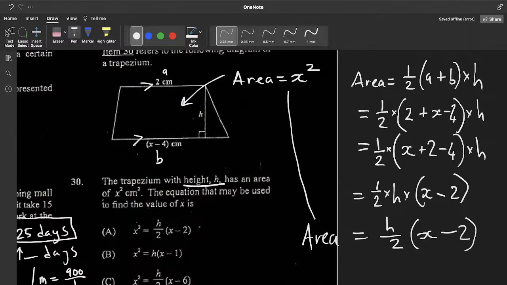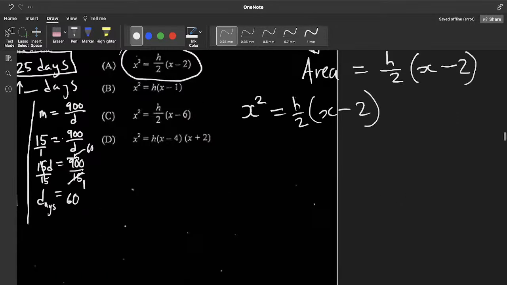We have 2 expressions for the area, so we could basically put these together and we get this equation. So x squared is equal to h over 2 times x minus 2. We're saying that